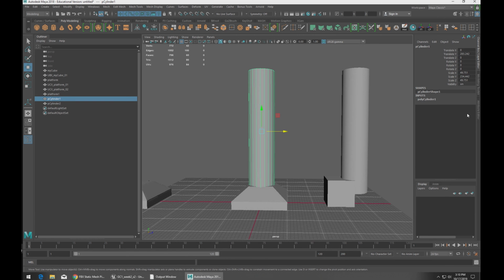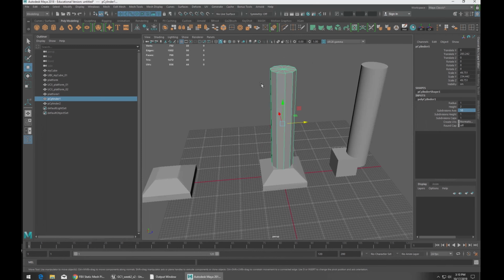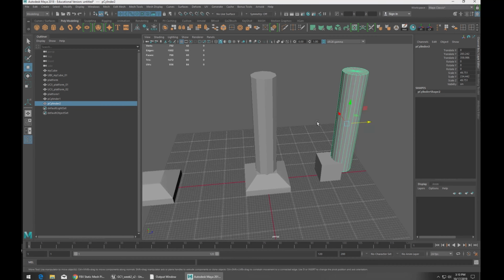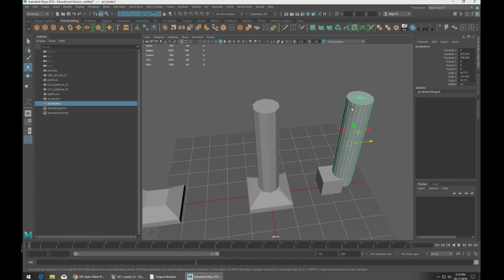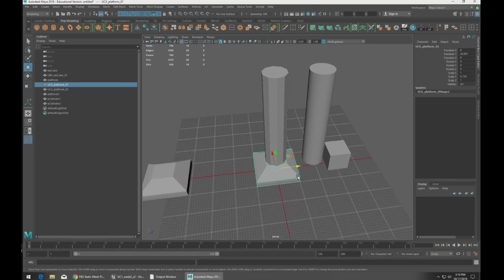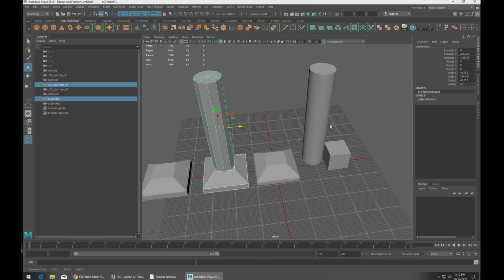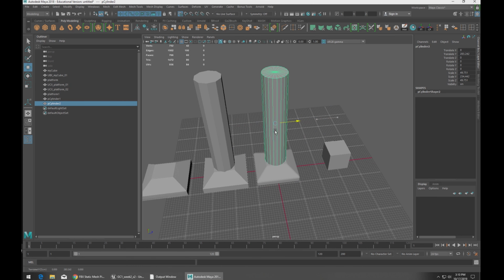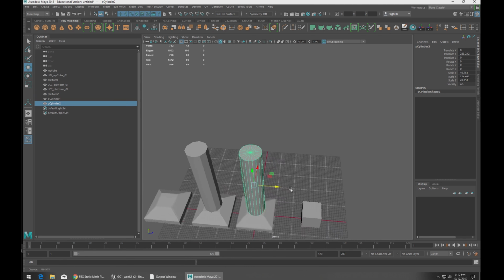I'm just going to leave it at that many subdivisions. But one of the things I want to show is if we're going to create the collision mesh for this object, one of the nice things about cylinders is, as you can see, or maybe not see, but I'll show you in a second, the collision for this cylinder is already a convex collision. But one thing I would say is if you can try to keep these things simpler, like I'm going to drop this down to 10 subdivisions as opposed to 20. The collision can be a lot simpler and still represent your object pretty well. So this will be the collision, this will be renderable, and then